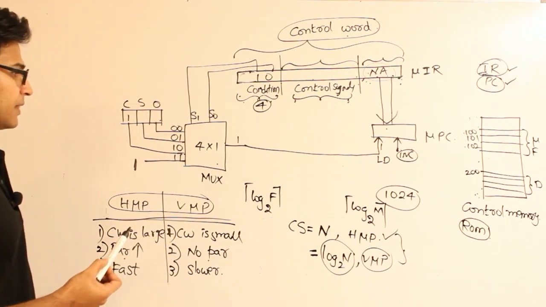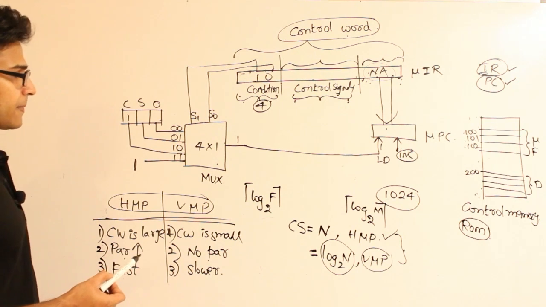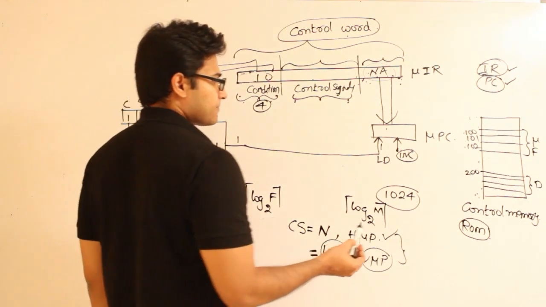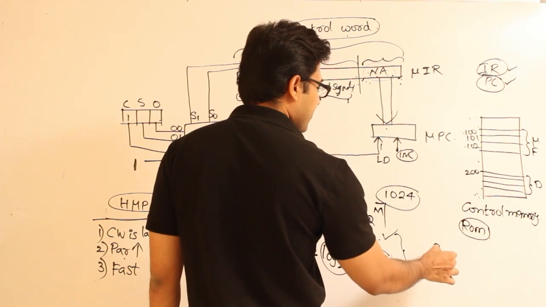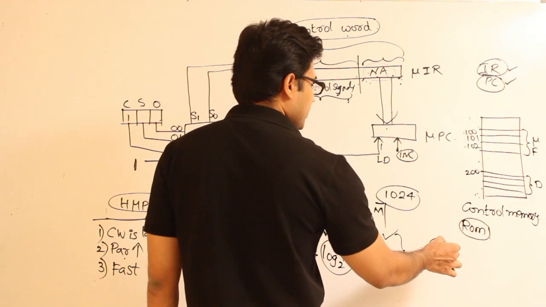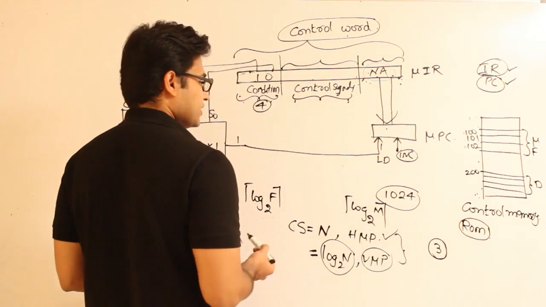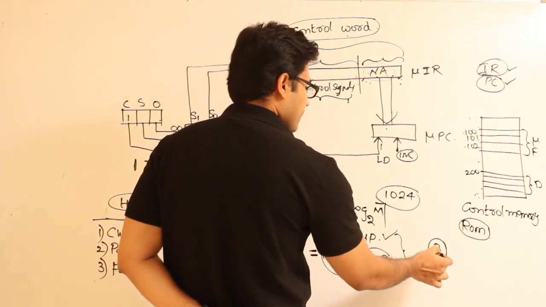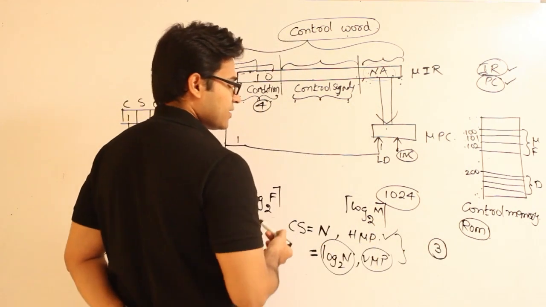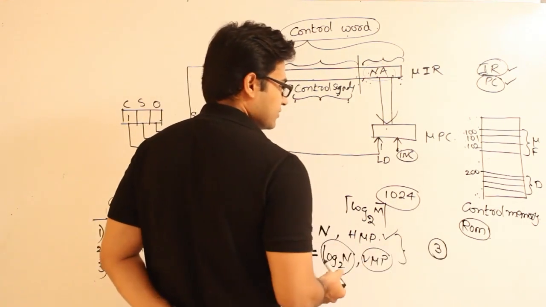So see this one. Let us say our computer is having in such a way that we need 3 control signals in parallel at all times. How to frame the question? I'm just trying to frame the question. See this. Assume that a computer is being designed and they are saying that there are 3 control signals and